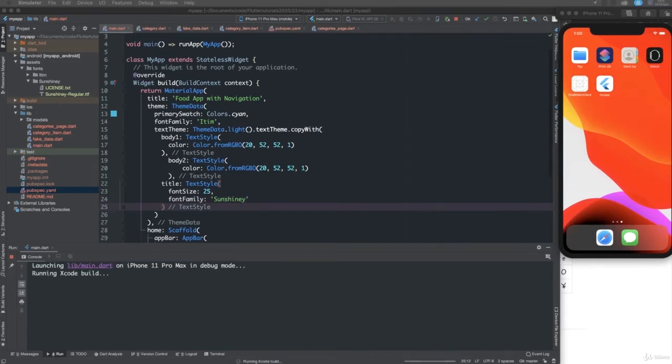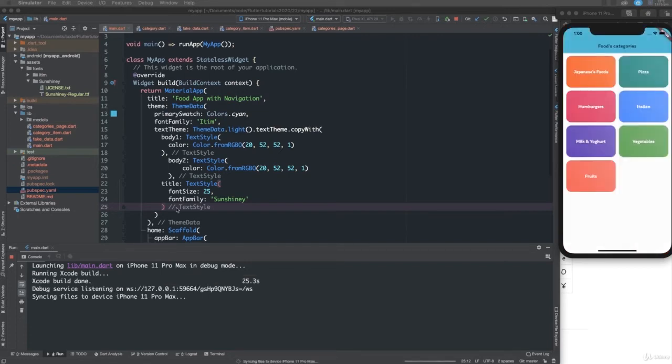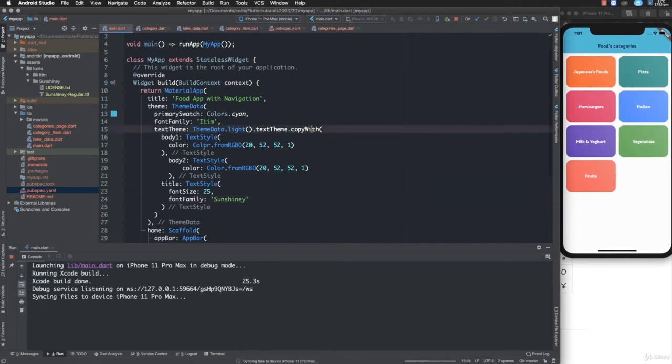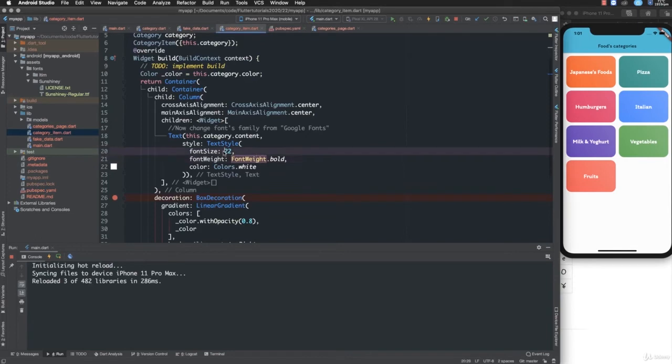Okay, and relaunch the program again by restarting the application to apply the data relating to the assets and the fonts and